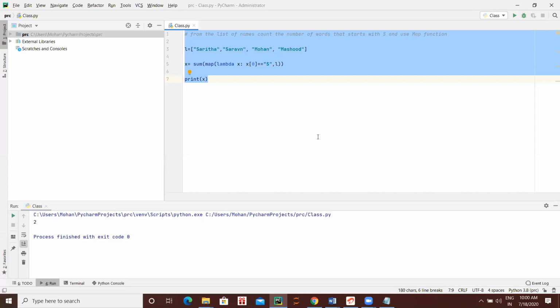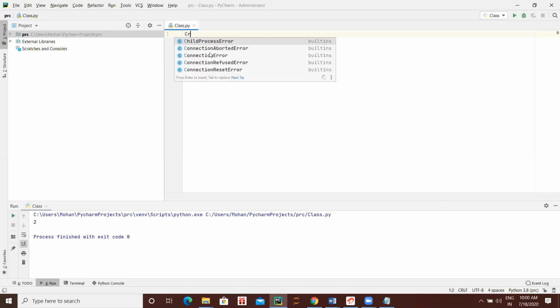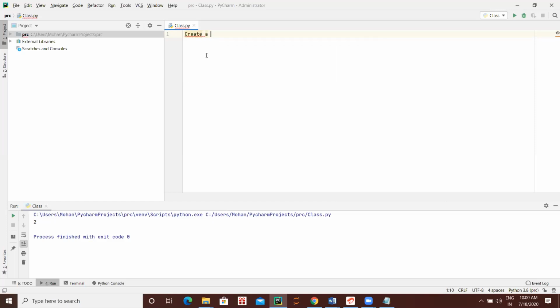So write the next program. Create a list consisting of a combination of the first name and second name from list 1 and 2 respectively.